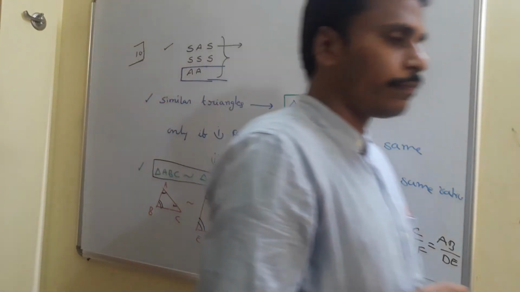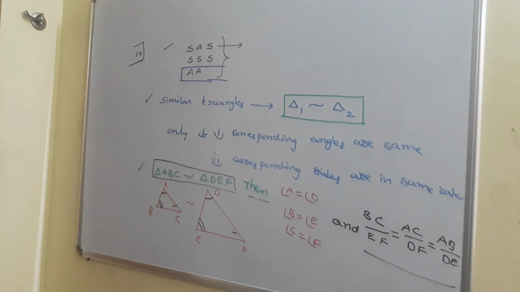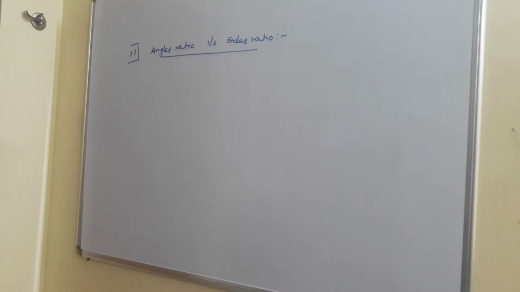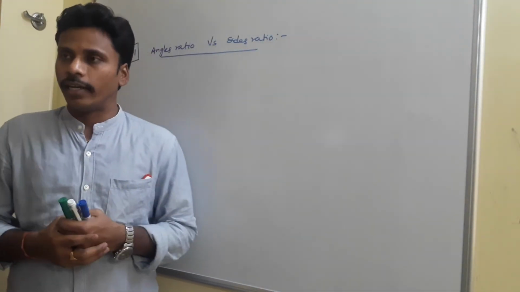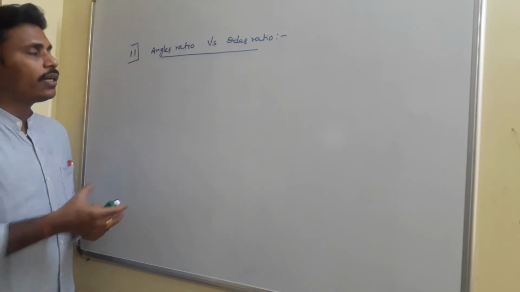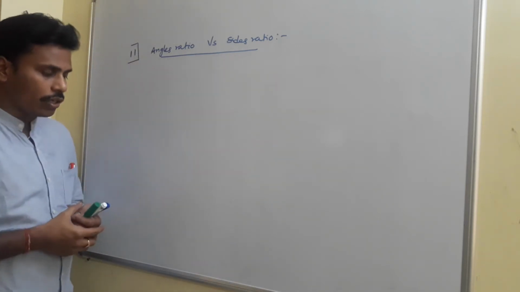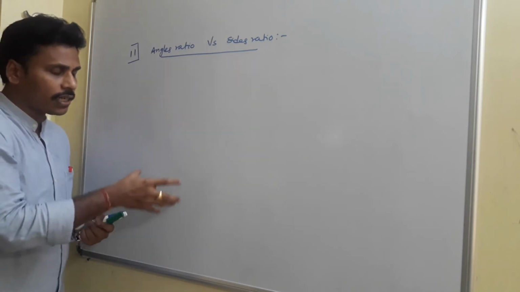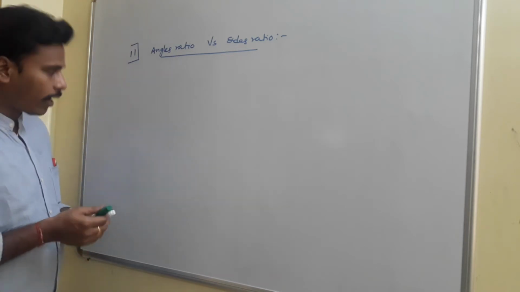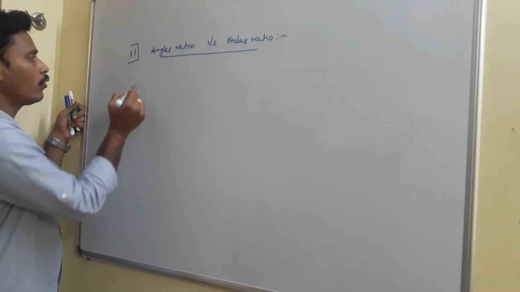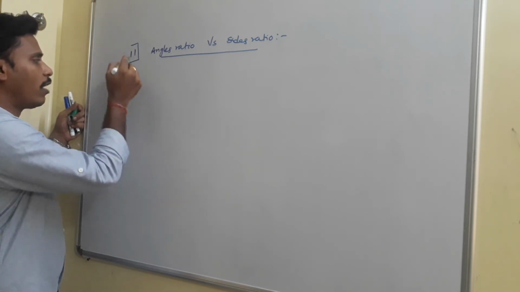Just have a look at this. See, angles ratio and sides ratio. First, suppose you know the angles of a triangle, then what is the relation between their sides? What is the ratio of their sides? That is what we need to discuss right now, and that sides ratio is again helpful for us to calculate trigonometric values further. The first thing I want to give you, you may say it as point 1.